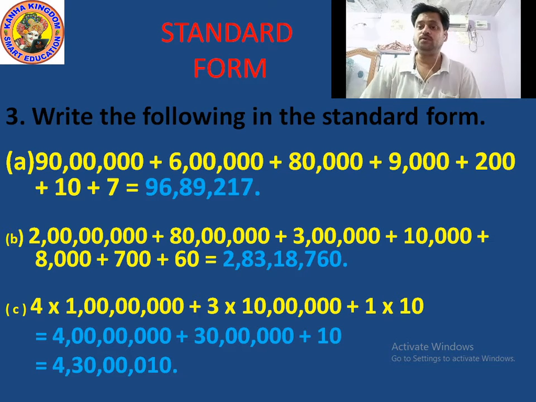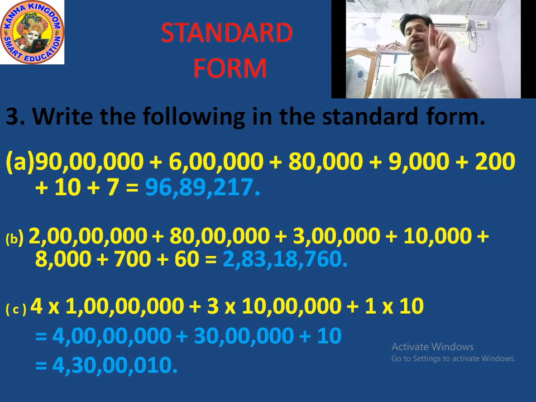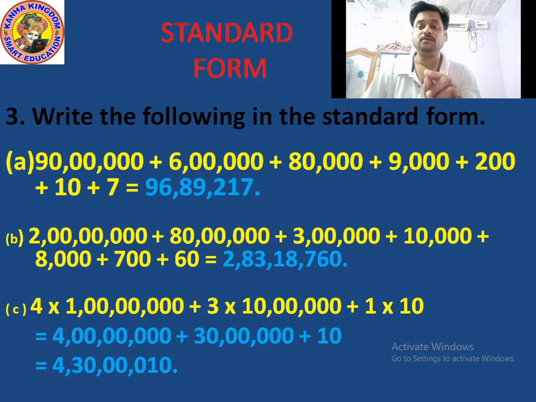Now the third number is 3 comma 00 comma 000. In this number also there are 2 commas, and after the second comma a single digit. And you all know that in a number, 2 commas means the lakhs period, and in the lakhs period this is a single digit. Which digit is here? 3, which means 3 lakhs. 80 lakhs plus 3 lakhs equals 83 lakhs. So now 2 crores 83 lakhs.